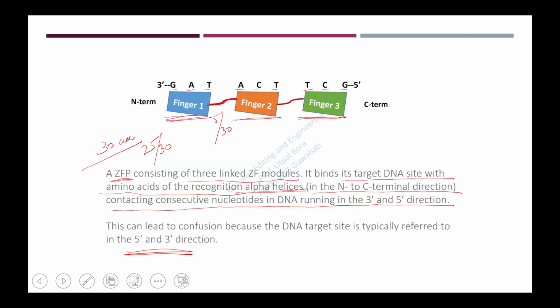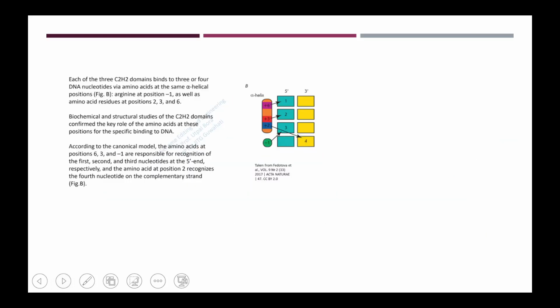Yeah, like this has been mentioned. So this is the alpha helix. As we mentioned, it is a beta beta alpha structure, so the beta is not represented here. So this is the beta beta alpha. In the alpha helix, the amino acid at -1. So if this is 3 prime to 5 prime, as it was mentioned here, GAT. So suppose it is a